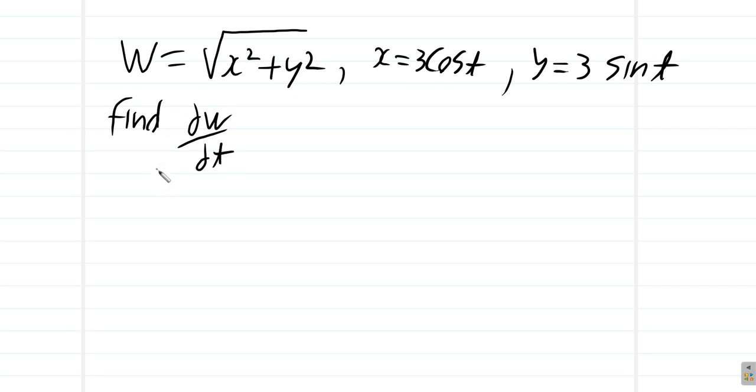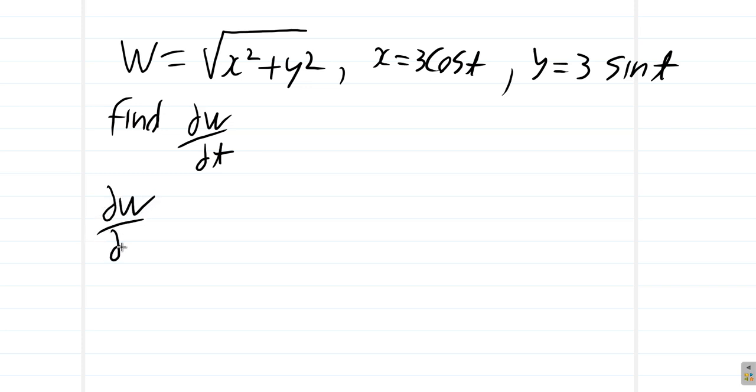Now, of course, you remember, you could find delta w by delta x here. You could also find delta w by delta y. You can find delta x by delta t. You can find delta y by delta t. Thing is, how do you get delta w by delta t? Well, remember that